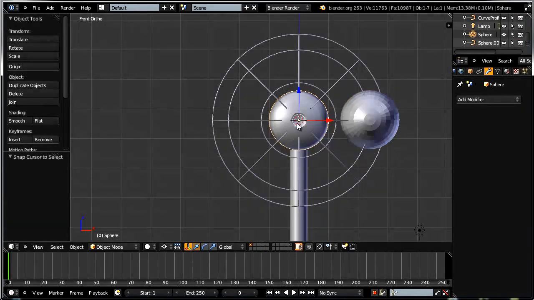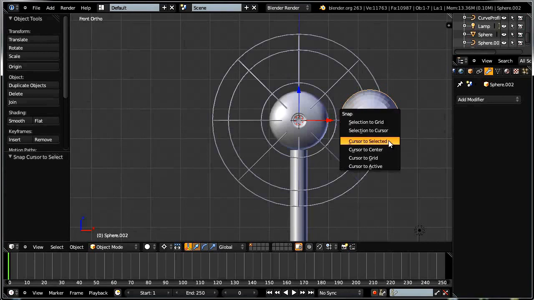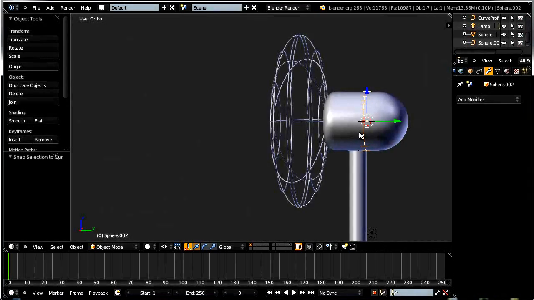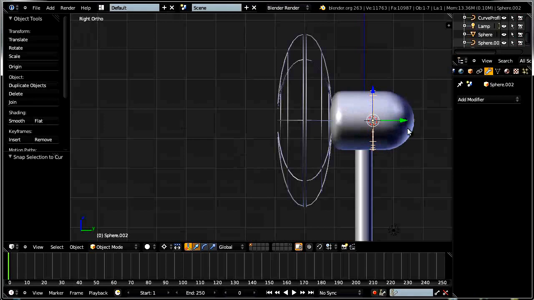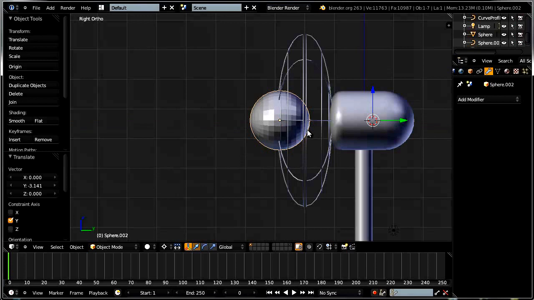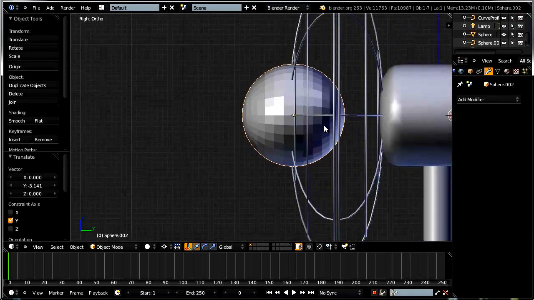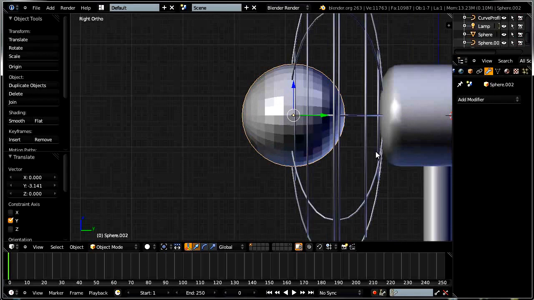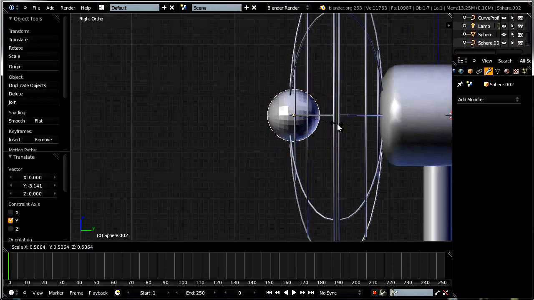Move the cursor to the selected part, and now Shift+S selection to the cursor. So I have centered it, aligned. I have aligned this sphere to this engine cabin, whatever this is. So move it somewhere here, and let's move it also somewhere there, and scale it down quite a bit, somewhere